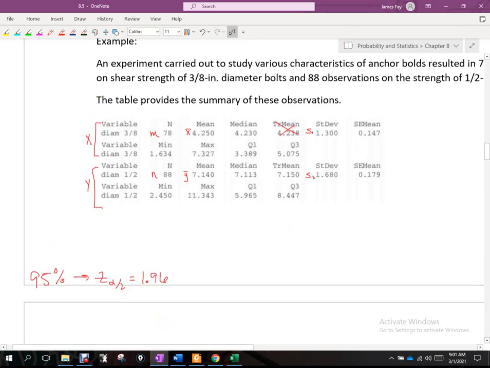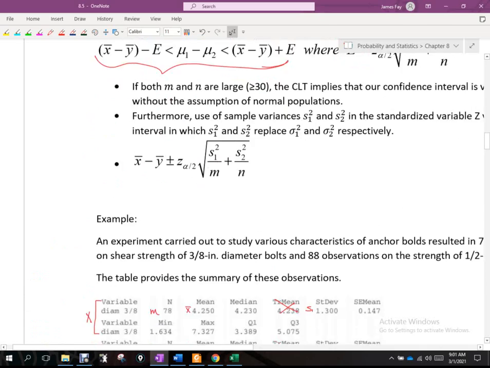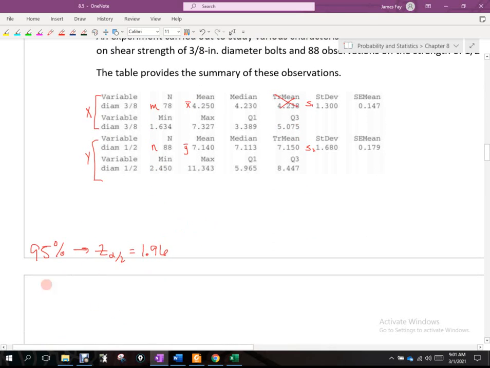I am going to write my formula here as x bar minus y bar minus E less than mu1 minus mu2 less than x bar minus y bar plus E. And then to the side, I'm going to identify what is E. Remember, E is z sub alpha over 2,